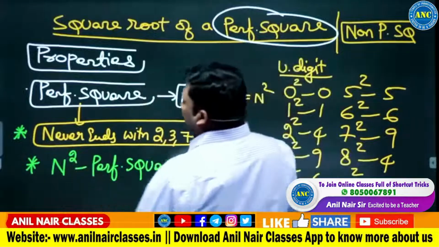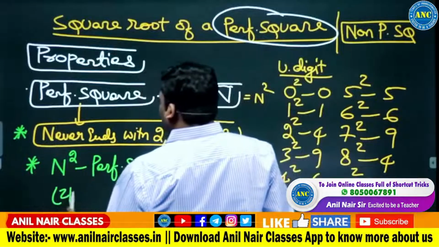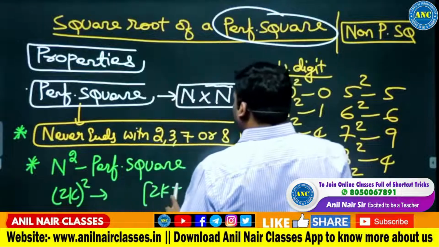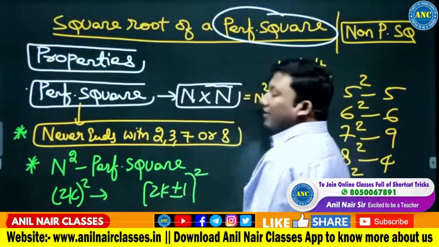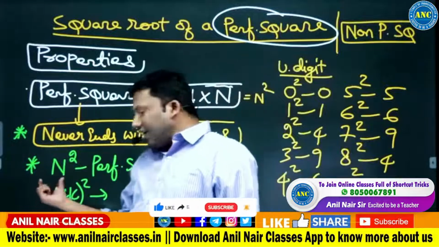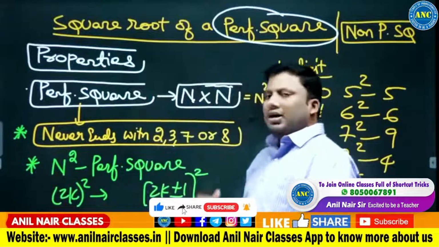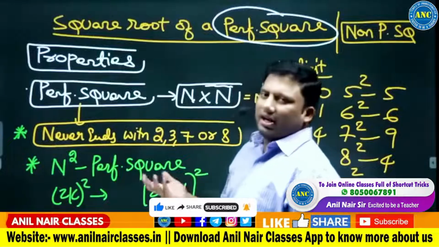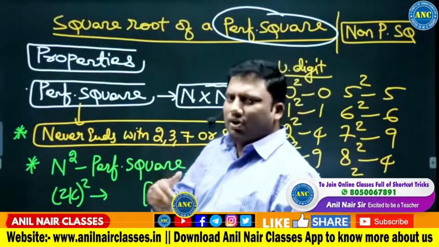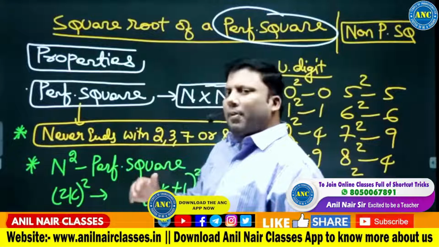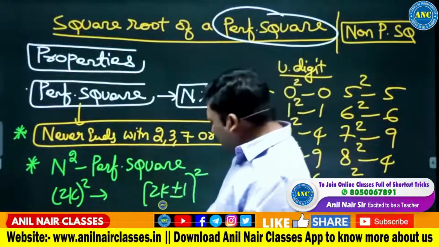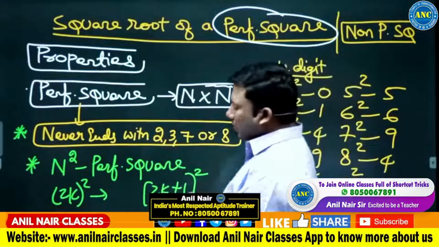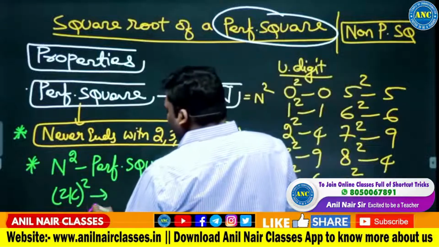A natural number can be either an even number or an odd number. An even number is a number which is perfectly divisible by 2. An odd number will give remainder 1 when divided by 2, or remainder -1. When you divide a number by 2, you get a remainder 0 or 1; the positive remainder is 1, the negative remainder is -1. Natural number squared, (2k) squared, is 4 into anything.